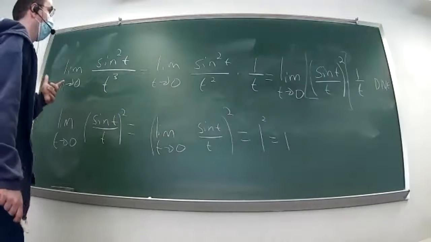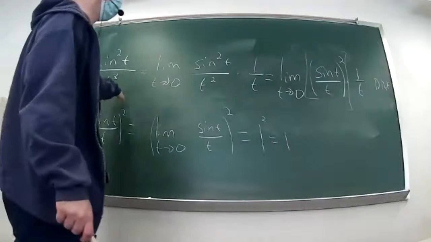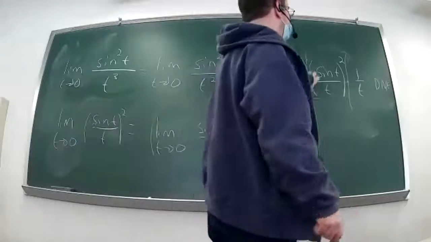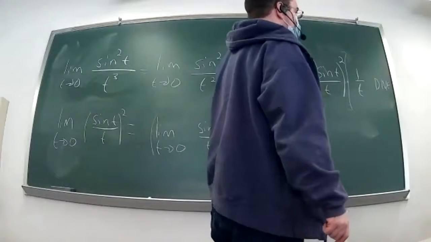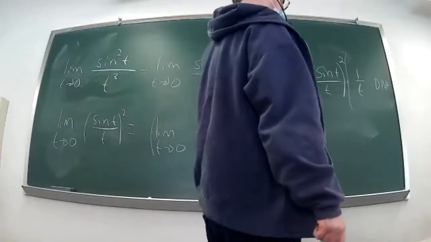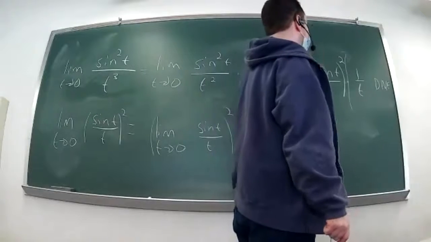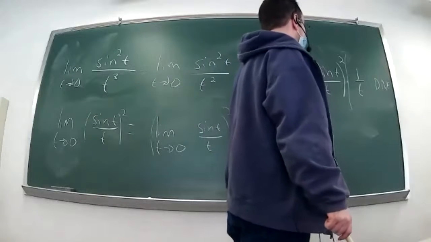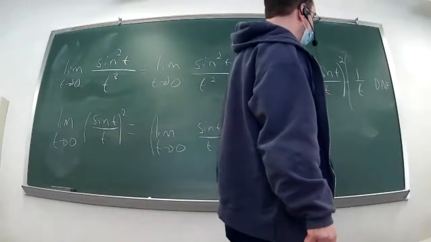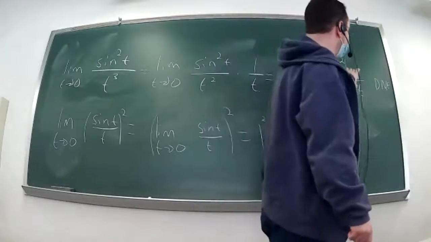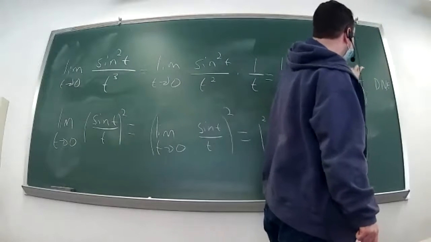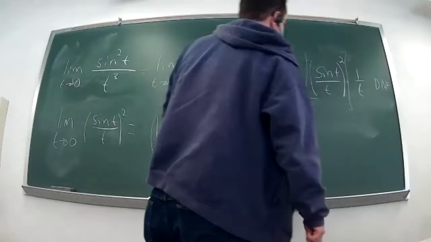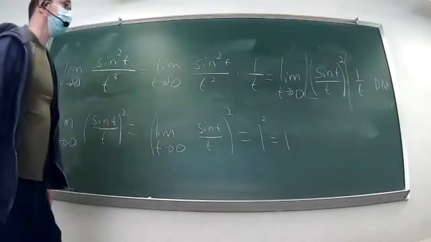But the steps here are figuring out how to rewrite it in terms of the thing that's definitely approaching a fixed number times the thing that's definitely going to plus or minus